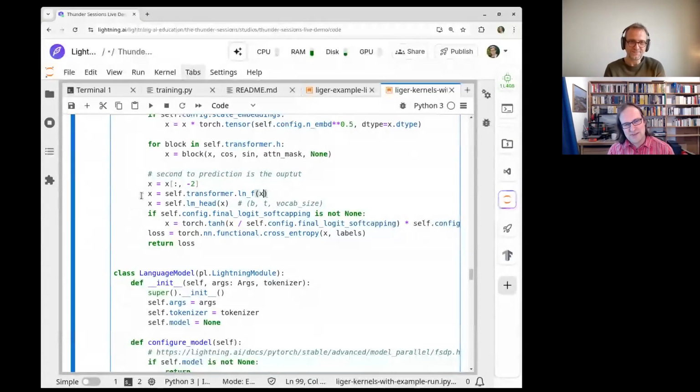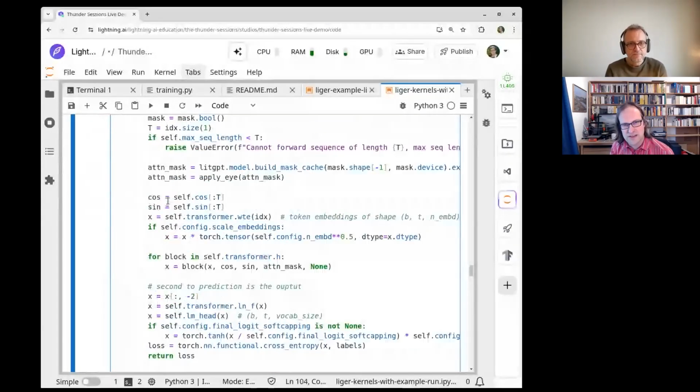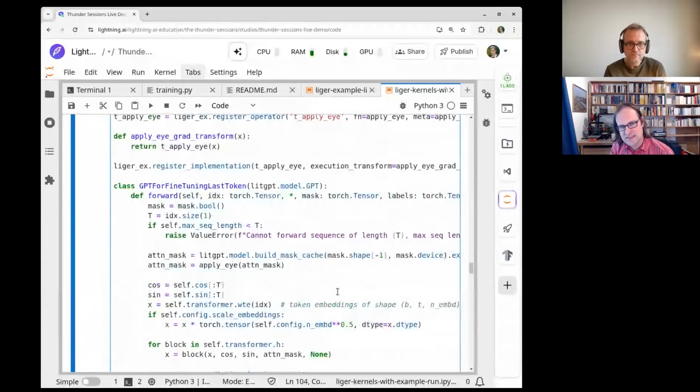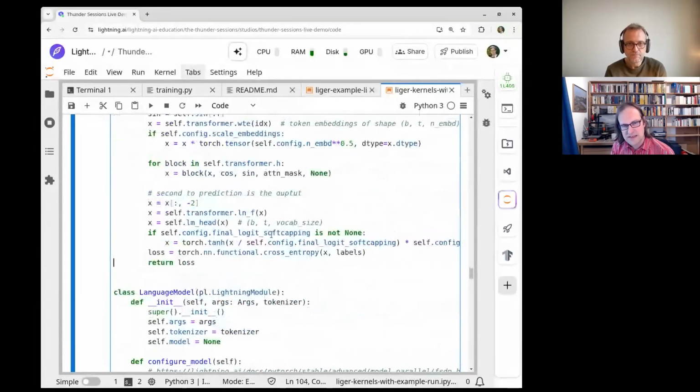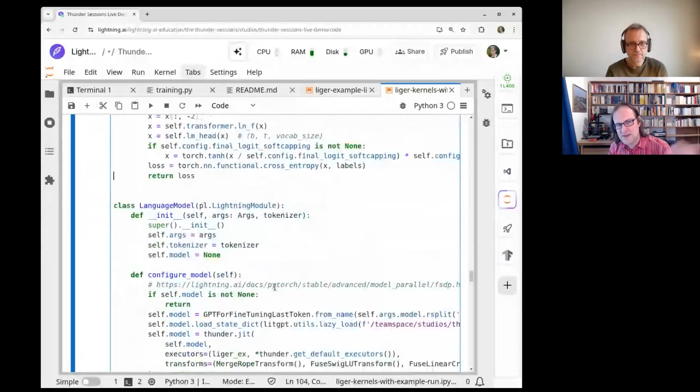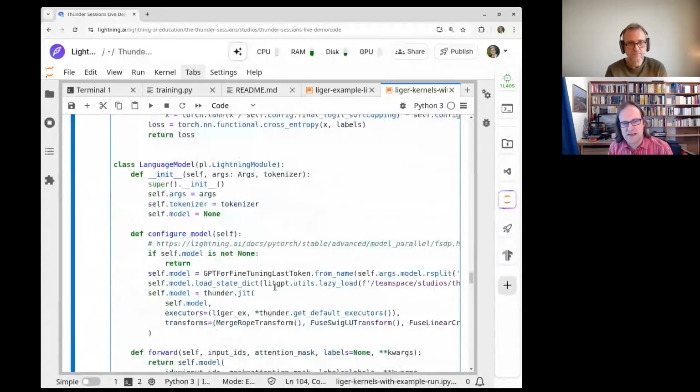And so here at the end, we have this language model head, which does all the predictions for the different elements of the vocabulary. And then here's the cross entropy. It returns the loss. And so this now is a thing that is more or less faithful. It has been made to accept more or less the same inputs as the model that Liger came with,